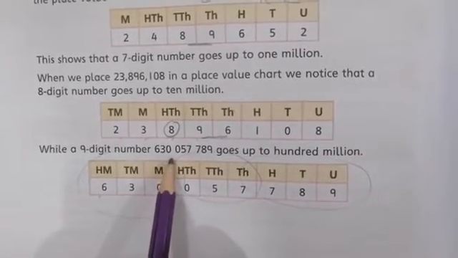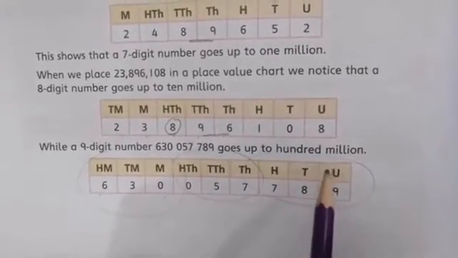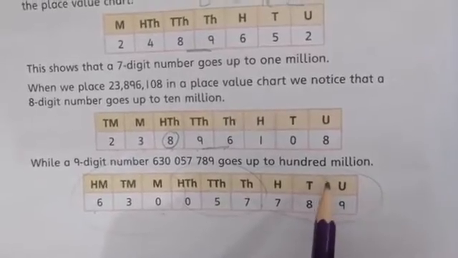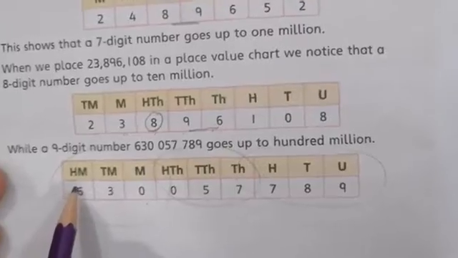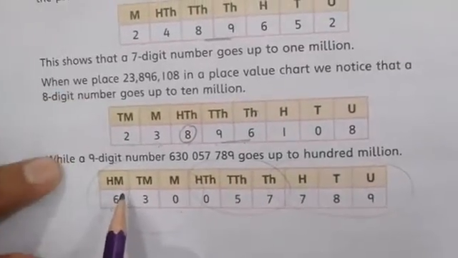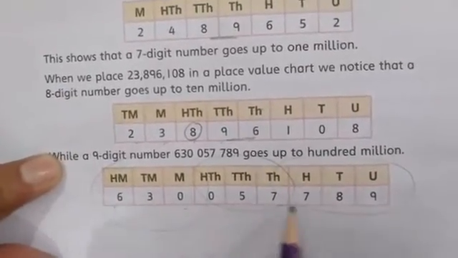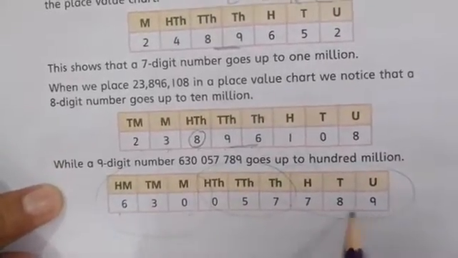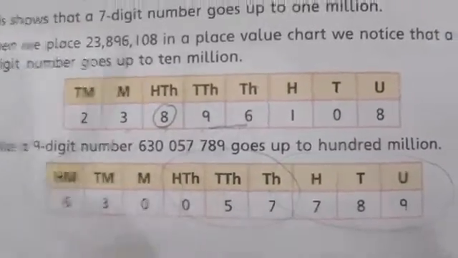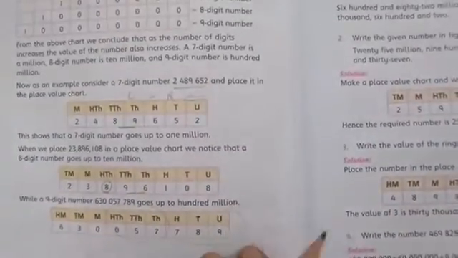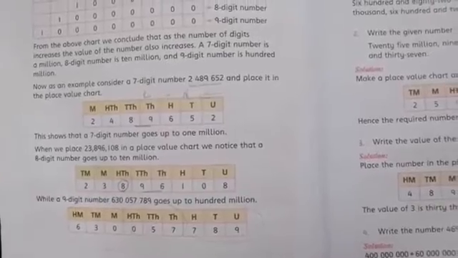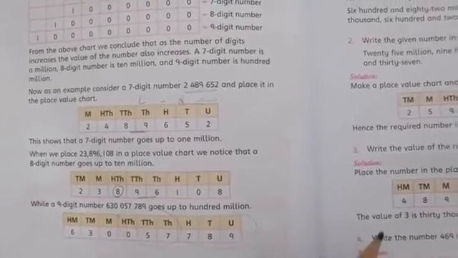Similarly, the next example is for 9-digit numbers. These numbers are given in the international system. How do you write these 9-digit numbers? The place value chart for this will start from the unit place up to 100 million. This is the way you can place the numbers in the place value chart and how you can read it. If you don't understand, you can ask in the comment box. For further information we can guide you.